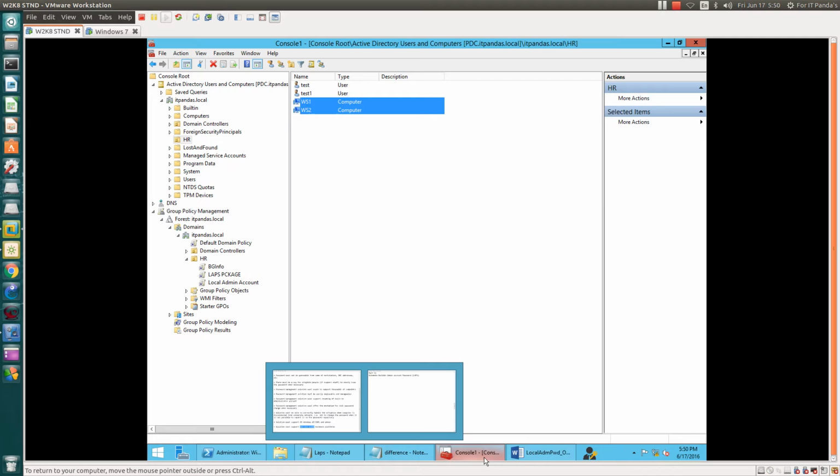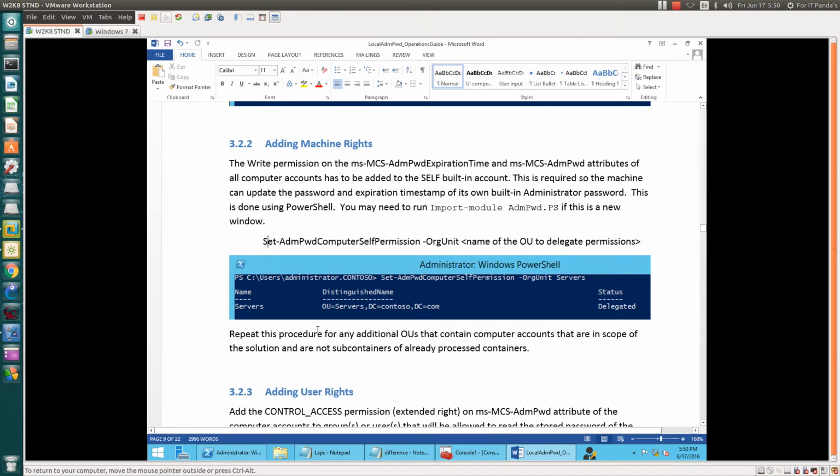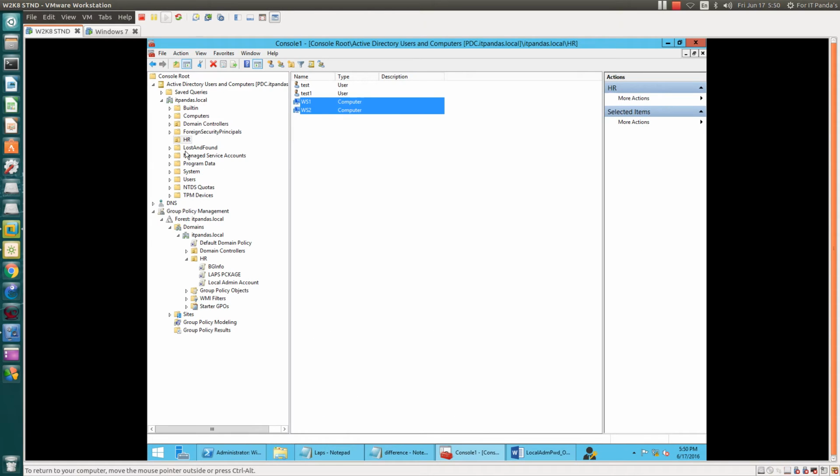So we have to say, hey, you have permission now, you can generate by your own. Alright, let's assign the permission with this command, Set-AdmPwdComputerSelfPermission for this organization unit. In our case, the organization unit is HR.